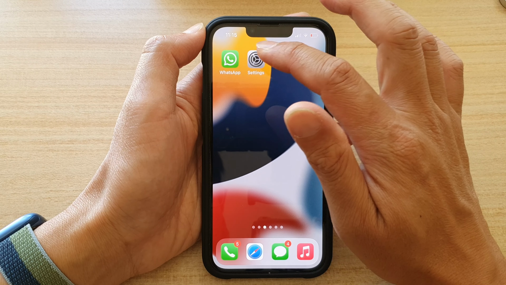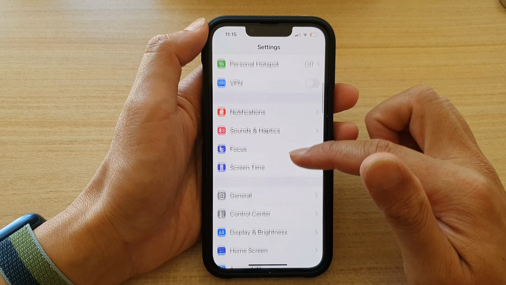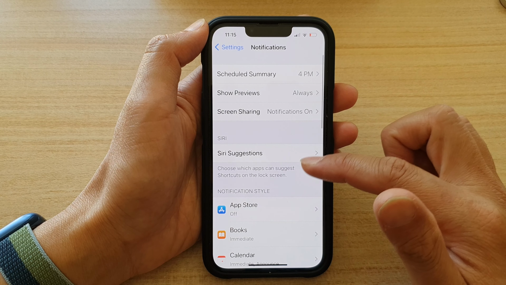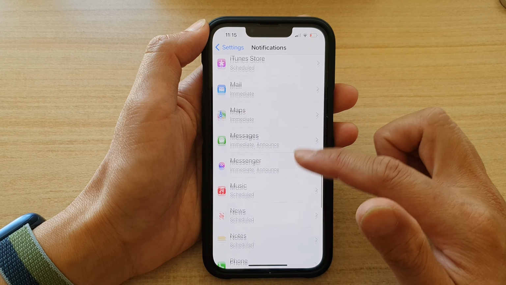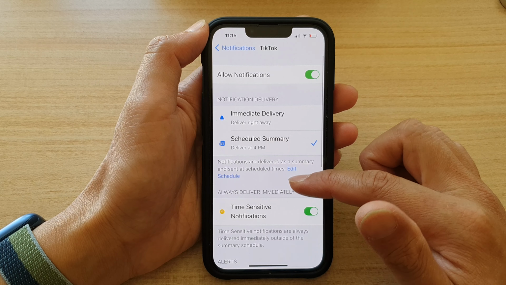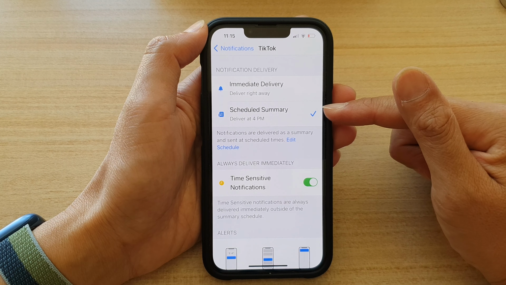On the home screen, tap on Settings, and in Settings, you want to go down and tap on Notifications. In Notifications, you want to go down and tap on TikTok. So tap on TikTok, and in here, if it is set to schedule summaries, then you get your notifications in